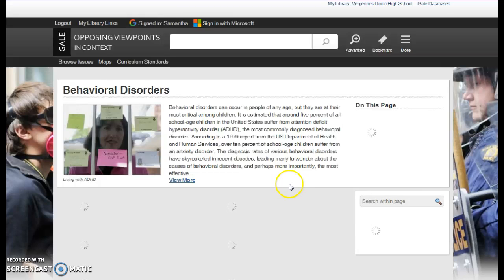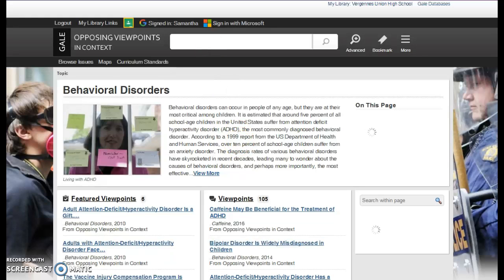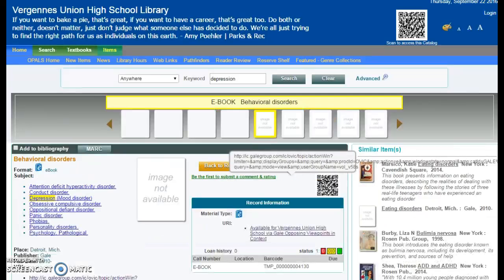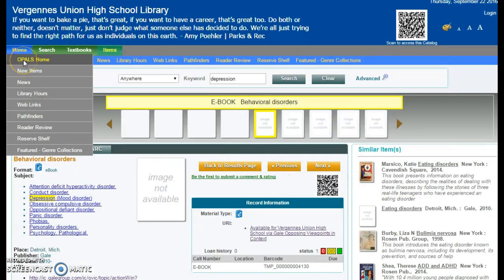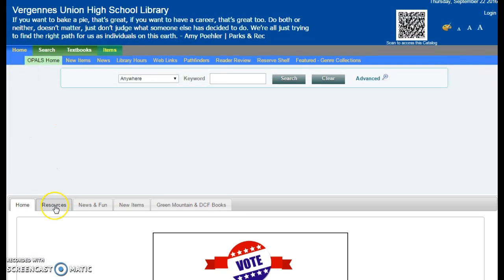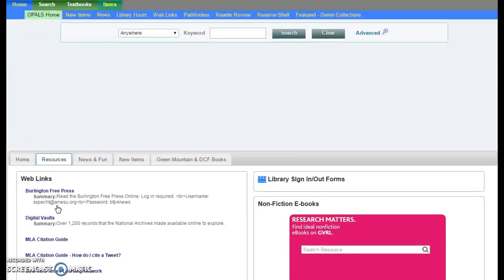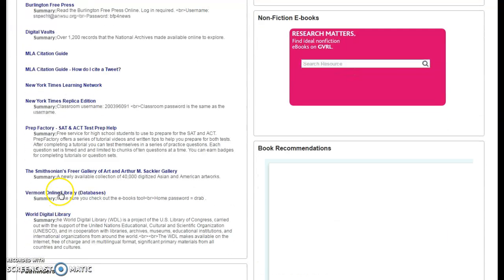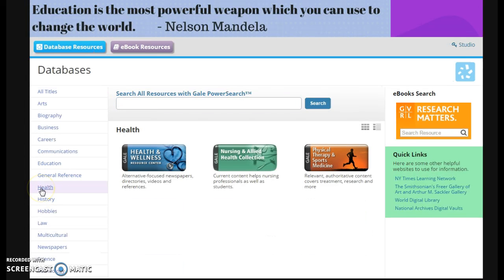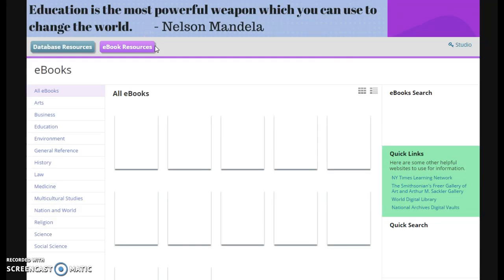If you want to use just the databases or one of the ebooks we have without searching the catalog first, you can do that by going to the home page, clicking on Resources tab, scrolling down to UC Vermont Online Library, which if you access this at home, the password is drab. Clicking on that, and then the two databases I recommend for this particular assignment is by hitting Health, the Health and Wellness Resource Center, and then in the ebooks,